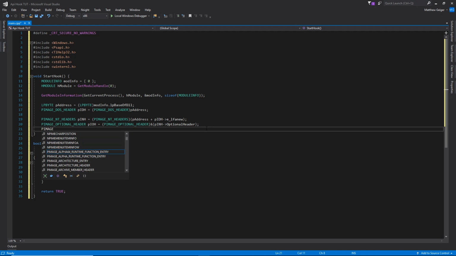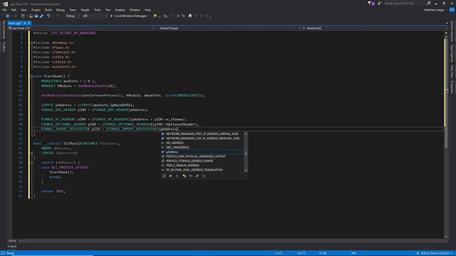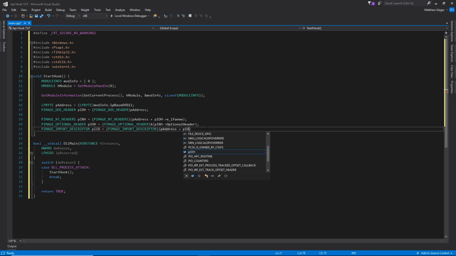So let's go ahead and create PIMAGE_IMPORT_DESCRIPTOR. We'll call it PIID. We're going to set that equal to another typecast here, PIMAGE_IMPORT_DESCRIPTOR. I'm going to say p address plus